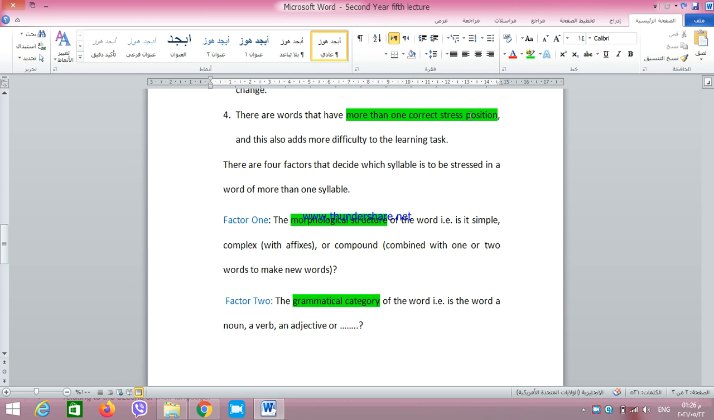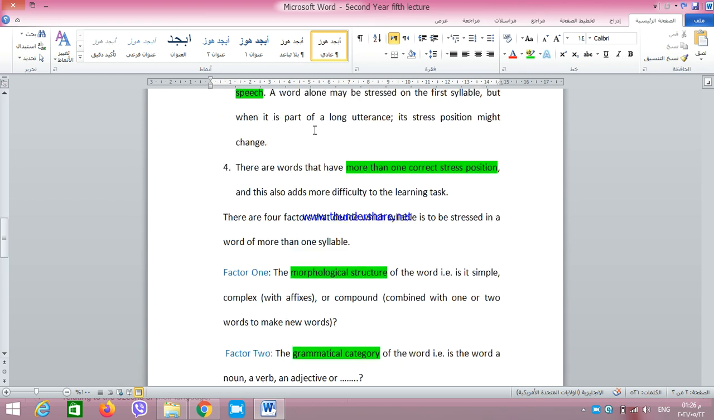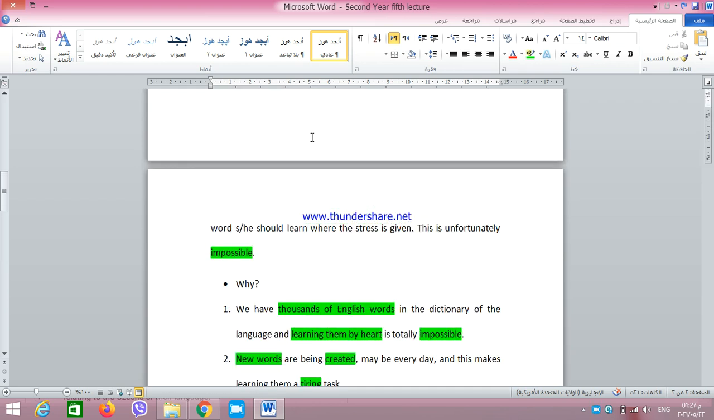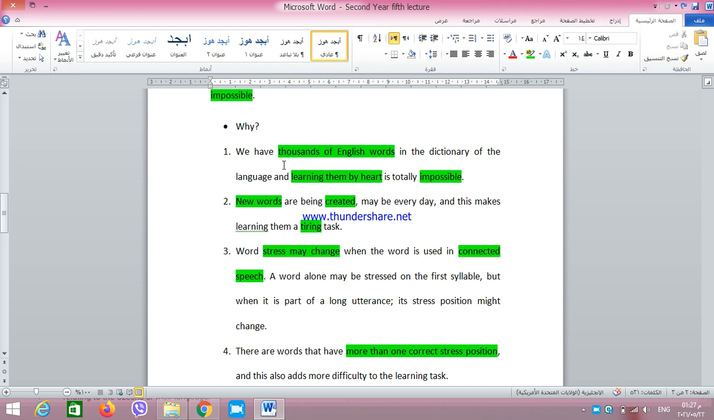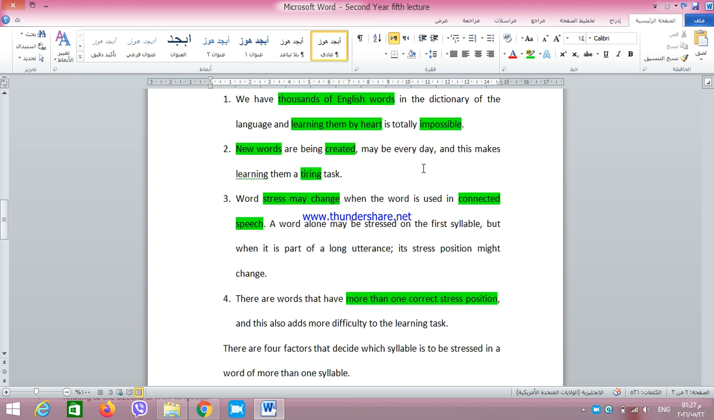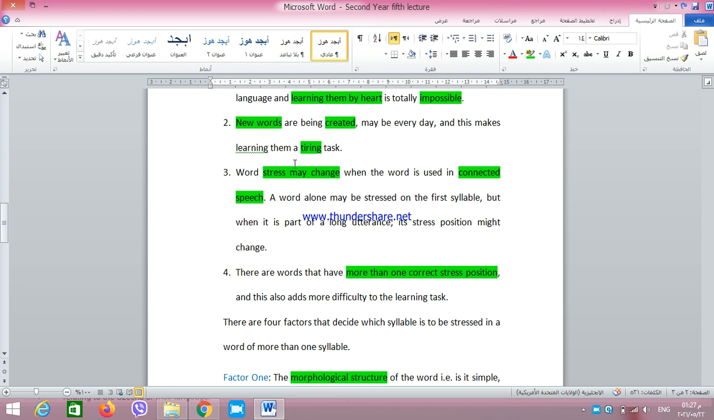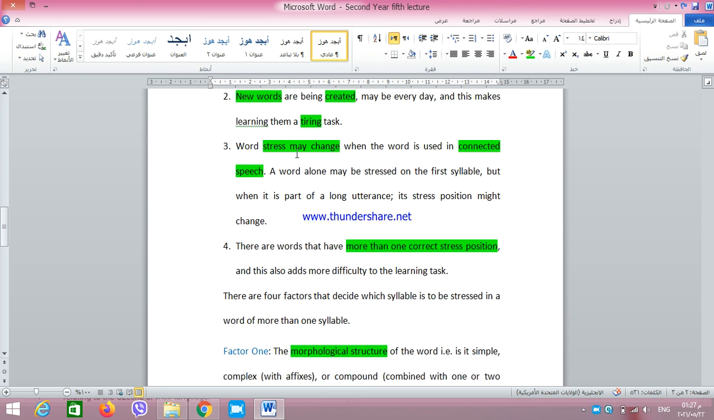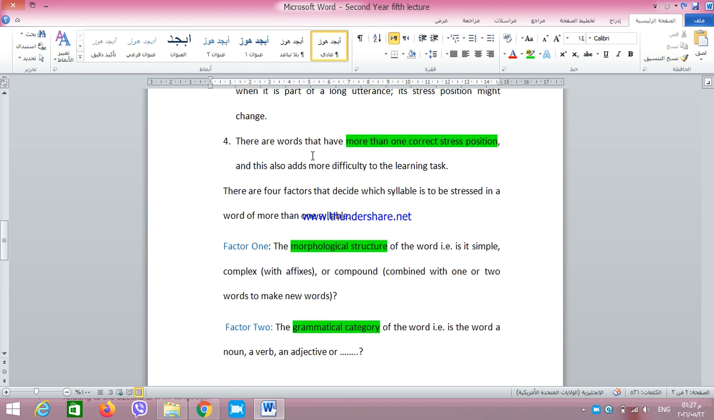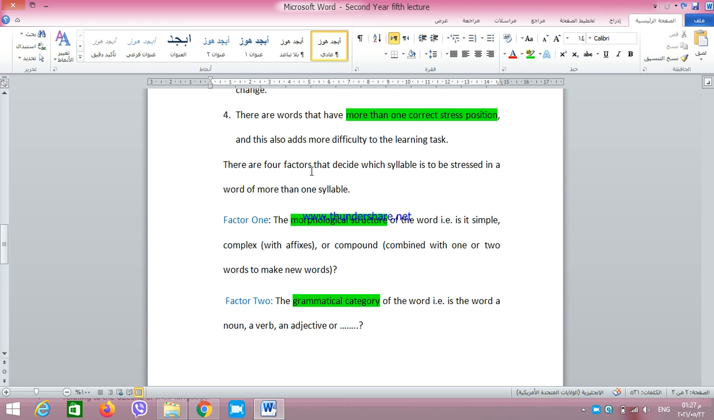Okay, the stress may be given to more than one syllable. So this is also a problem. So why is learning stress for English words by heart not a good idea? Because of the huge number of words you have in English, because new words are created every day. Stress may change when the word is alone in comparison to when the word is in connected speech. And the last reason is that we have words in English that may be stressed on different syllables depending on certain